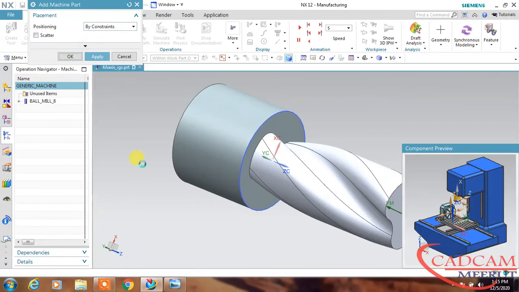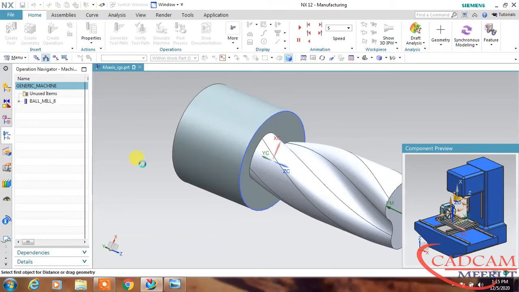Okay, so by default it is coming here. Now we will position this, and no need to show preview here, and now align the center.